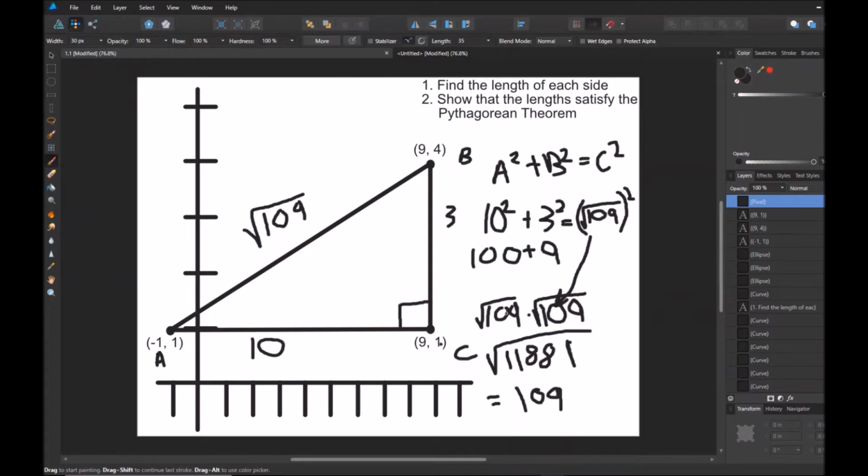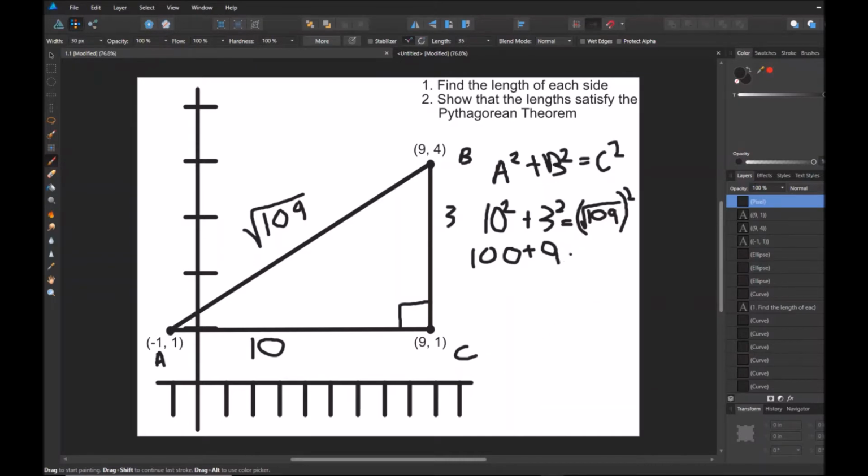So all of that was just kind of a way to show you that this on the other side of the equal sign would just be 109. And 100 plus 9 is equal to 109. So we can say that the lengths of the triangle, the side lengths of the triangle, do indeed satisfy the